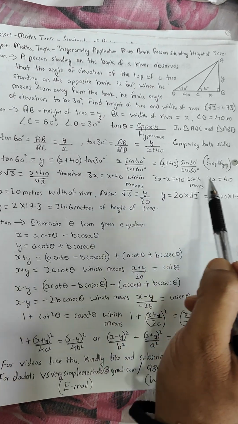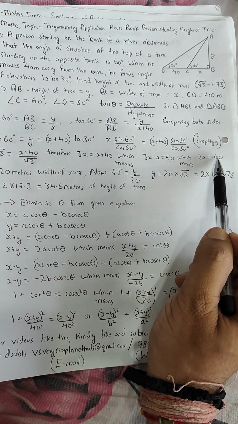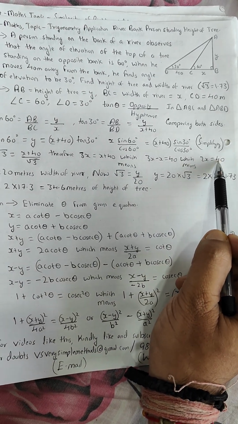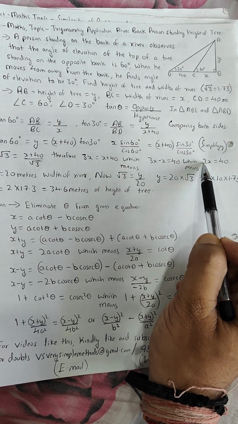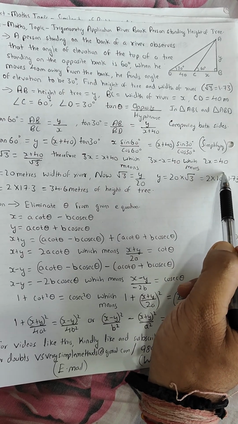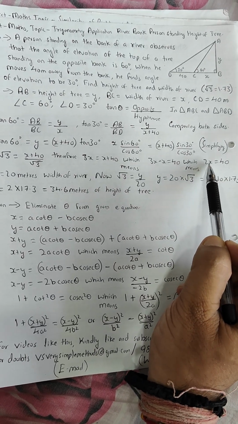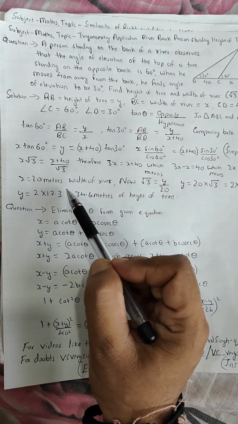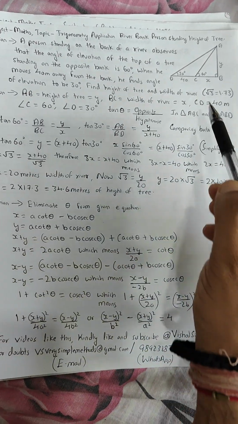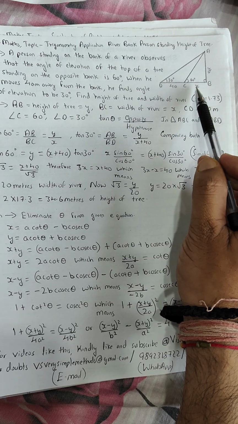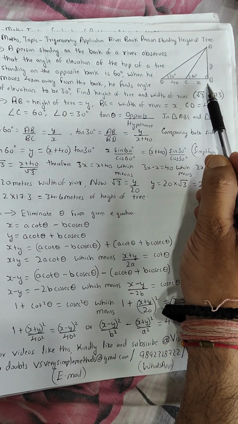2x equal to 40, which we can see over here, and if 2x is 40, 2 multiply x equal to 40, x as it is रहेगा, 2 दूसरी तरफ जाएगा, 40 को divide करता है, 40 divided by 2, x equal to 20. So this is x equal to 20 meters, but x है क्या? x is the width of the river. Width of the river आपको 20 meters मिल गया.